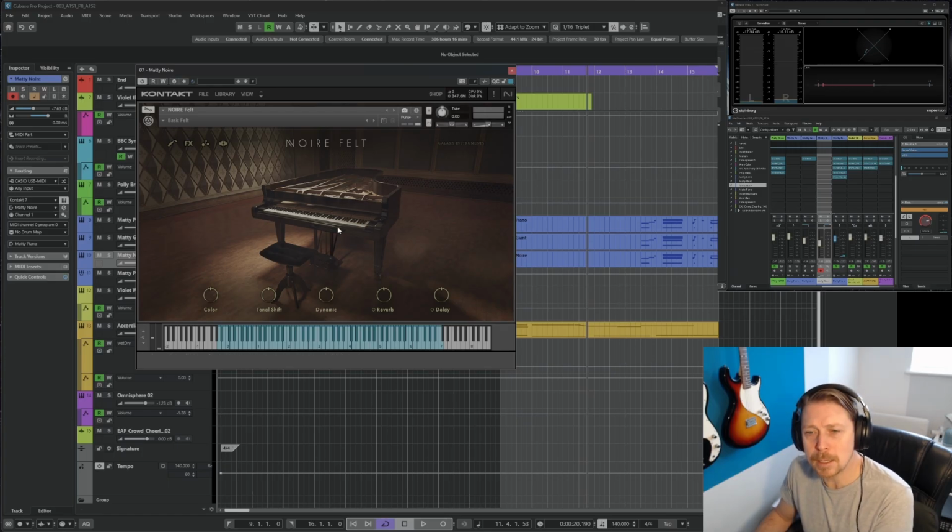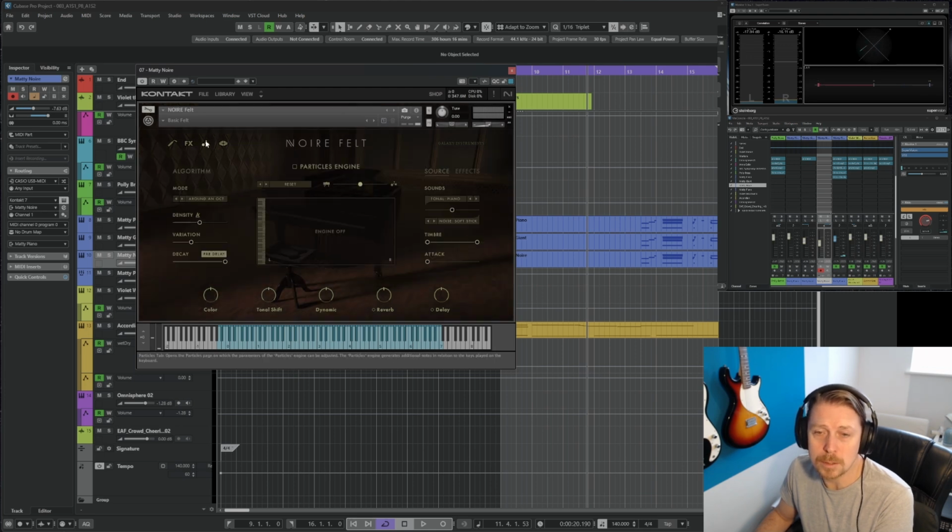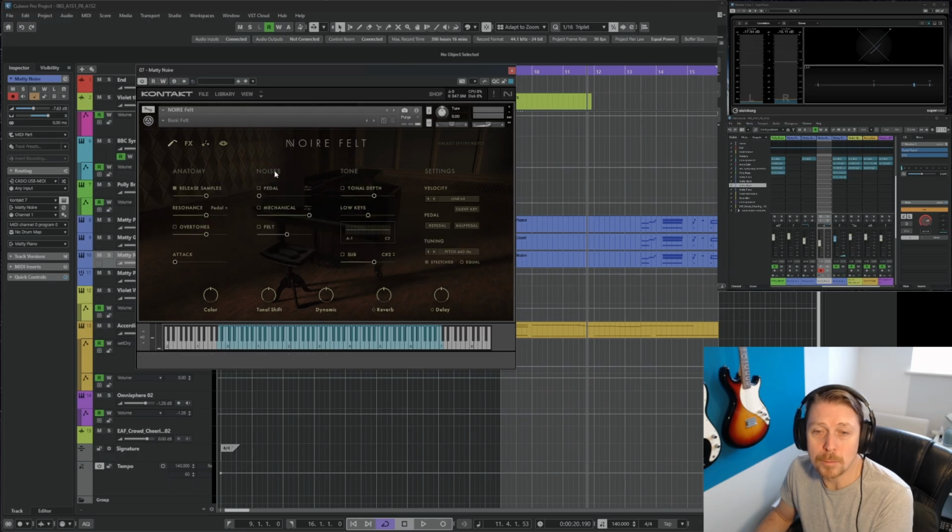And some pianos have the ability to adjust different elements, one of which is the mechanical sound of the action of the keys, the pedal and the felt. I don't really want any of the pedal to come through, only because it's tricky to mix. If you've got the piano on its own, it sounds really nice, like a real live recording. But otherwise it can interfere with the mix later on, because you hear all these noises that you don't quite know where they are, and that distracts from what you want. So I'll put those three together.